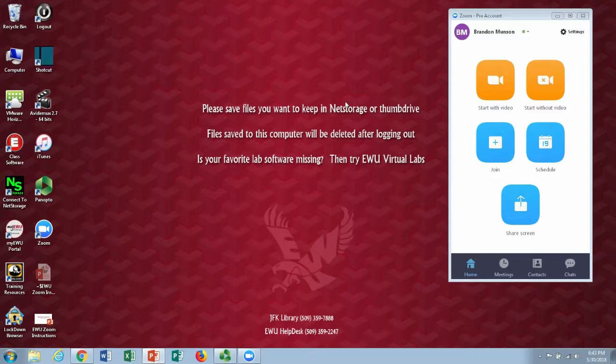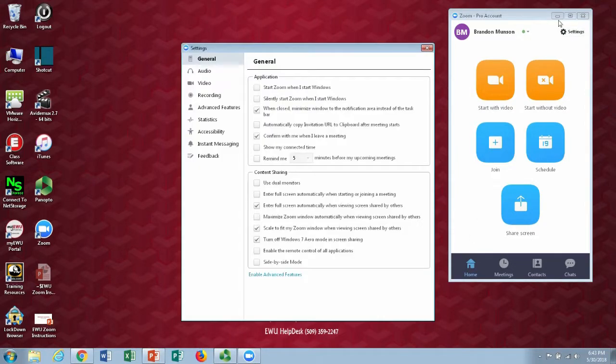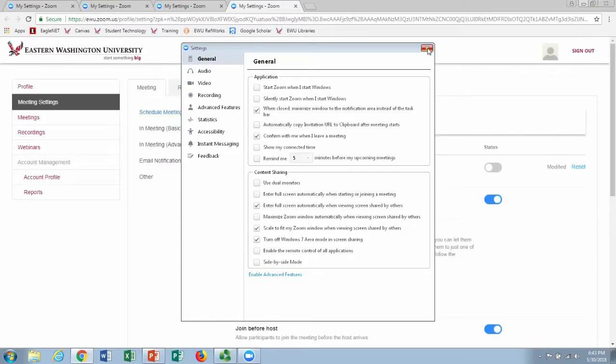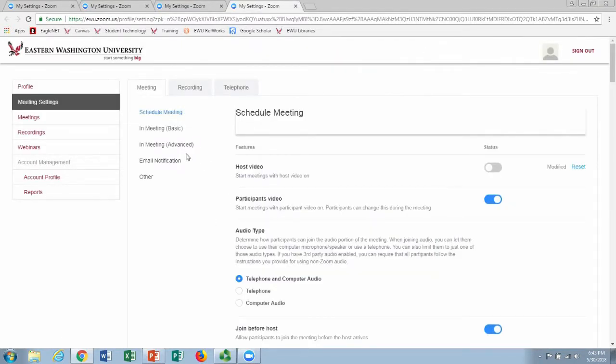In this section, we will be covering breakout rooms. Breakout rooms are a useful tool for a host of a meeting to separate its participants into separate rooms. Beginning on the Zoom homepage, we're going to go to the settings, open up the settings window, navigate to the bottom of the settings window and click on the Enable Advanced Features link, close out of the settings window, click on the In-Meeting Advanced link to the left,